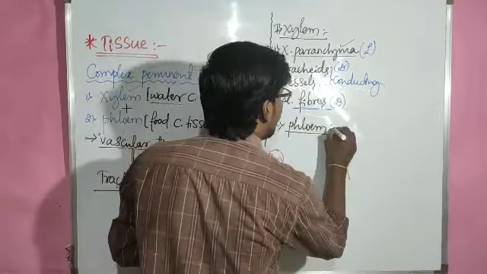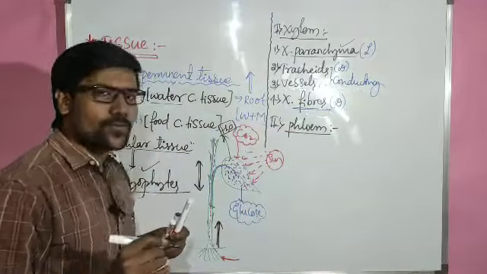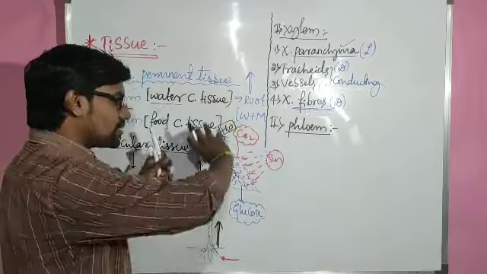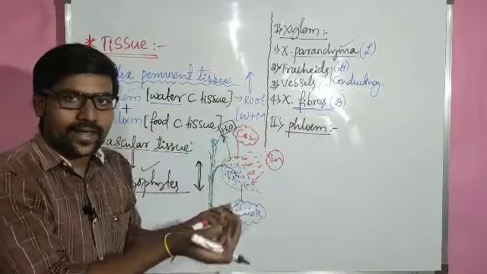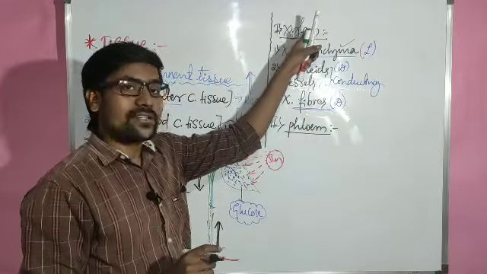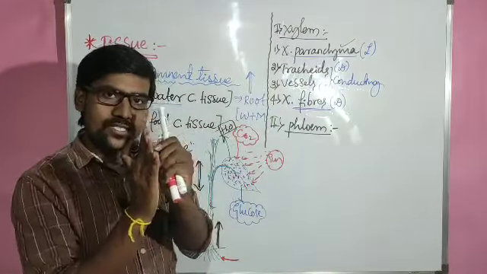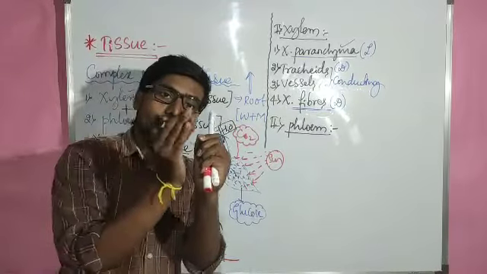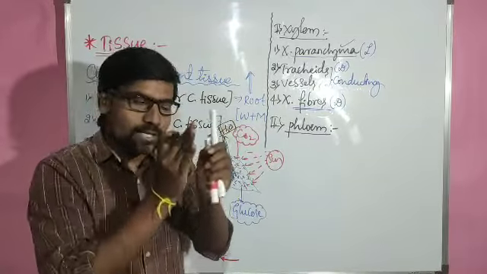So phloem, as we already know, is the food conducting tissue, a small pipe-like structure just like xylem, and it is transferring the food materials in all directions. And keep one thing in your mind: wherever xylem is there, adjacent to the xylem there will be phloem, or wherever the phloem is there, adjacent to the phloem there will be xylem. Both move together.